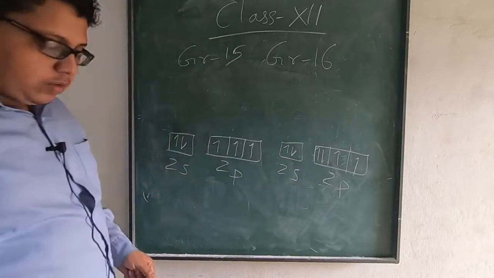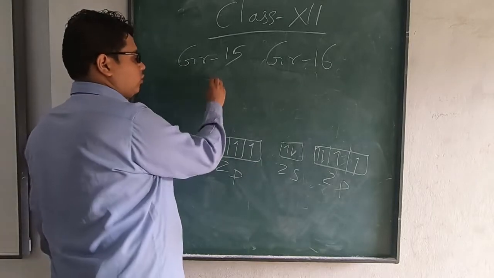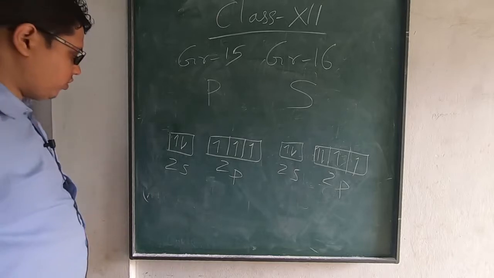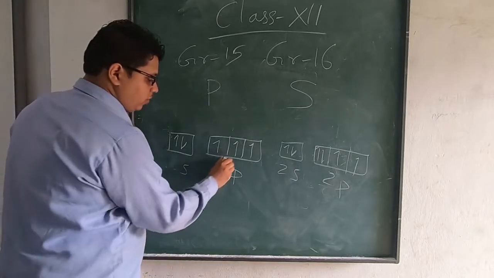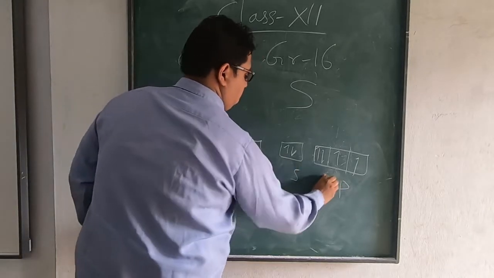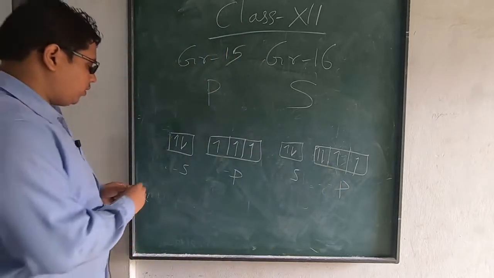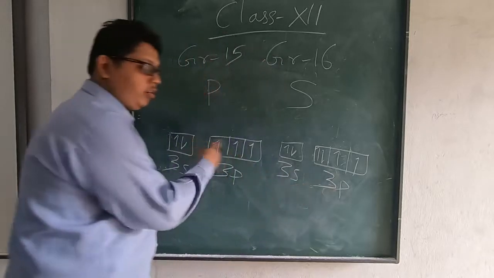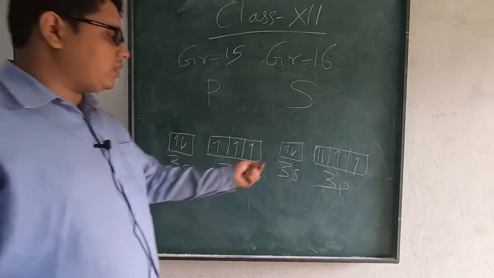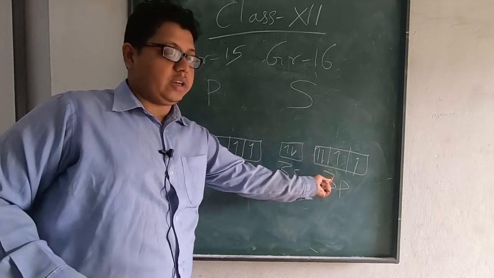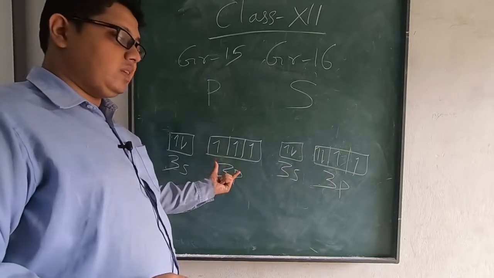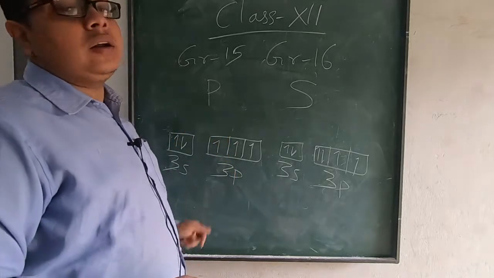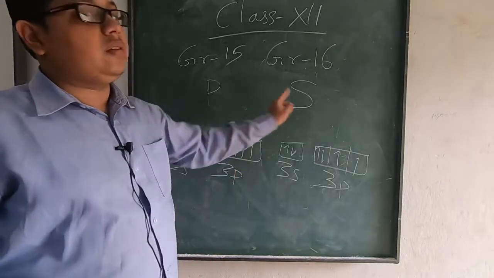If I compare phosphorus and sulfur, this is phosphorus, this is sulfur. All I need to do is change the 2 to 3. Still the same story. Still we have half filled and full filled. Half filled, and not just half filled, it's more than half filled configuration. So if it is half filled, it has extra stability, which makes it have higher ionization enthalpy than sulfur, which